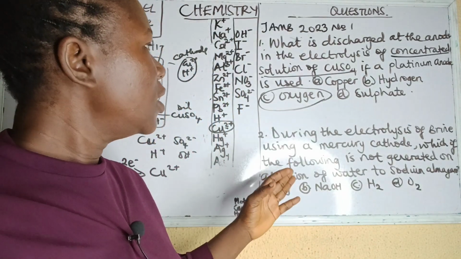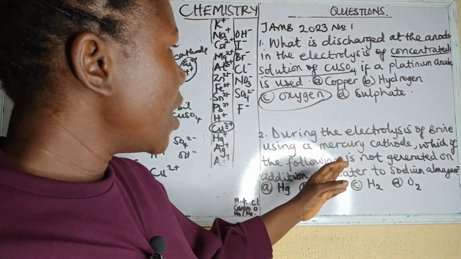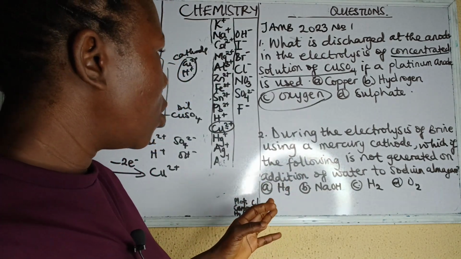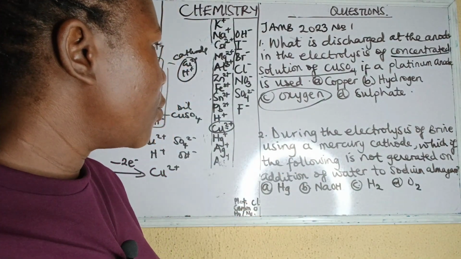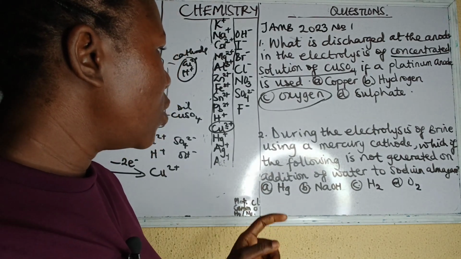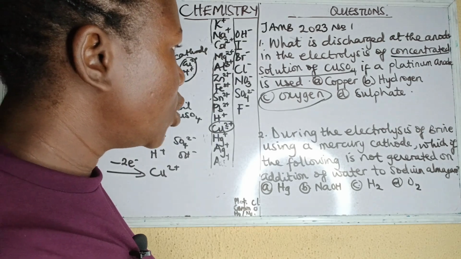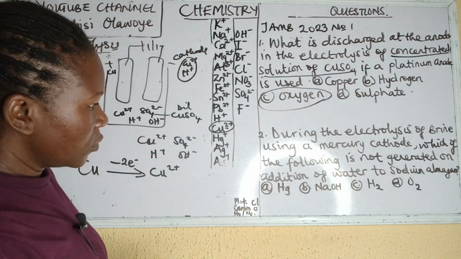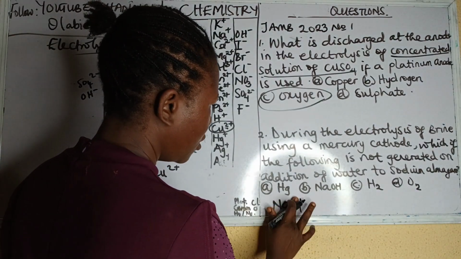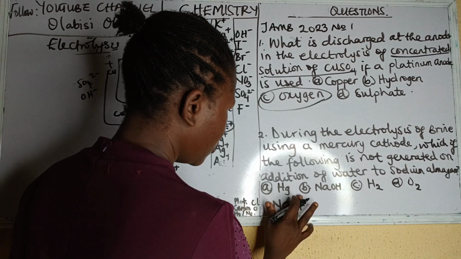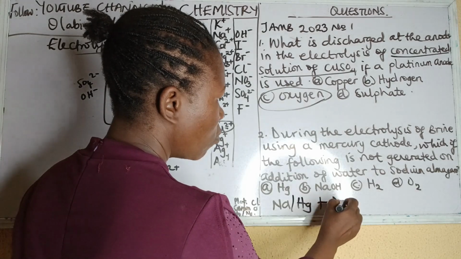So using this, during the electrolysis of brine, that's sodium chloride, using a mercury cathode, which of the following is not generated on the addition of water to sodium amalgam? Now, sodium reacts with mercury. Sodium ions react with the mercury as the electrode. Now, when water is added to such a reaction,